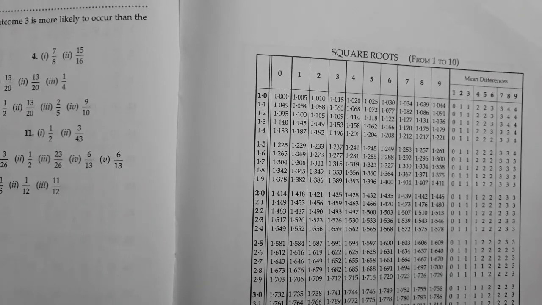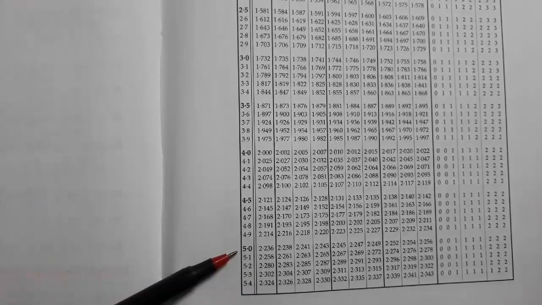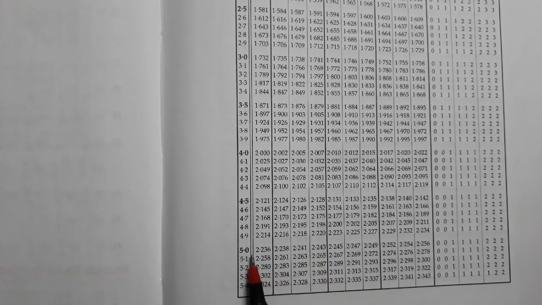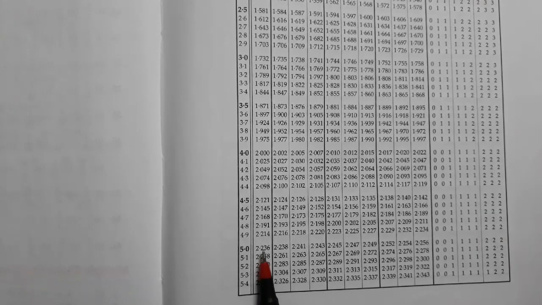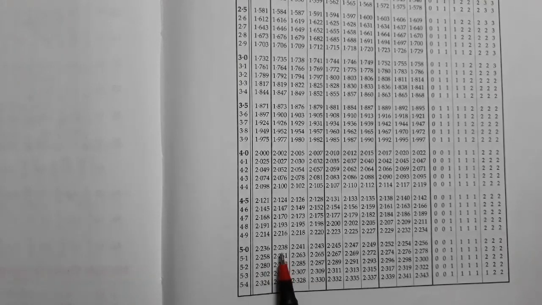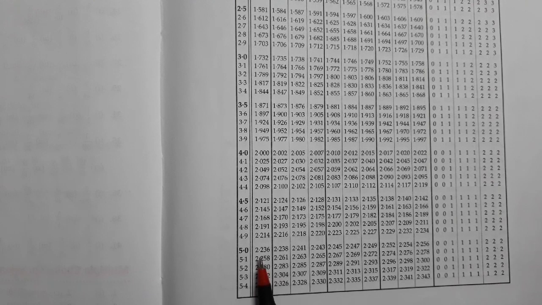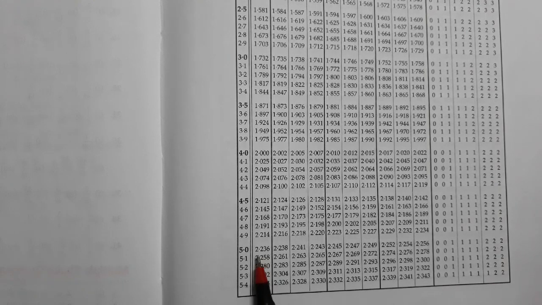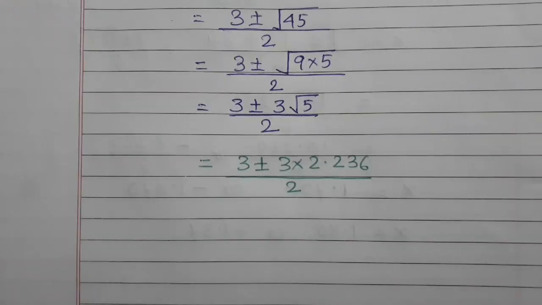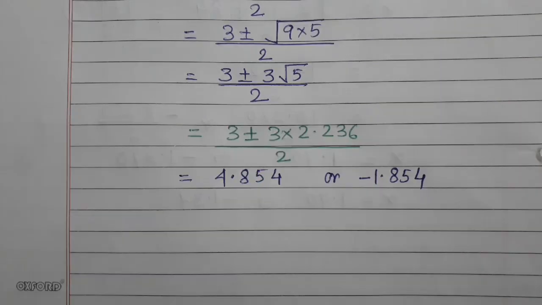Now this one is the square root table from 1 to 10. From here we need to find out the value of root 5. Here we can see 5.0. This is the square root of 5.00. Now this one is the square root of 5.01, and this one is the square root of 5.02. So we need the square root of 5, which will be 2.236. Hence the value will become (3 ± 3 × 2.236)/2, which after simplifying we get 4.854